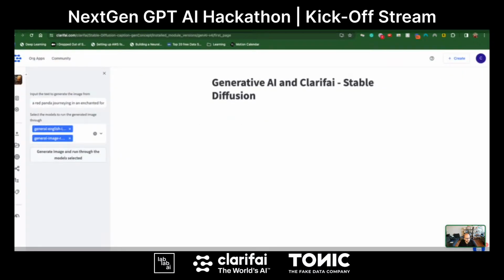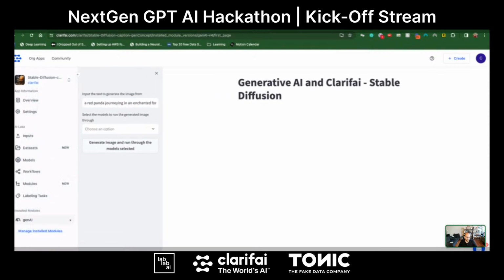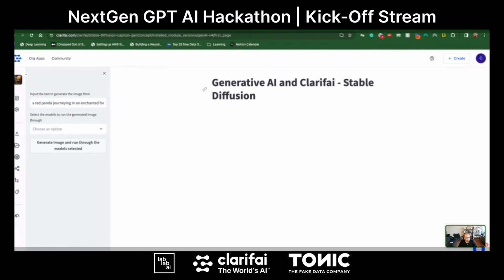I was just taking us through a custom module that I had built, which is just a Streamlit application, which within an application you can install, and someone is going to walk us through that. So I'm not going to take us down that road. This is a simple Streamlit module, and as I was mentioning, why use Clarifai for any of these LLMs and generative models when you can just use them out in the open? And this is, I think, where you'll start seeing that.